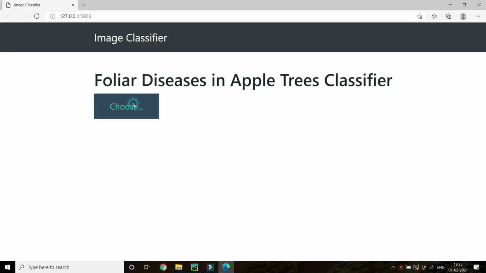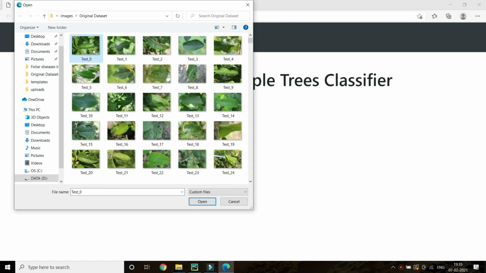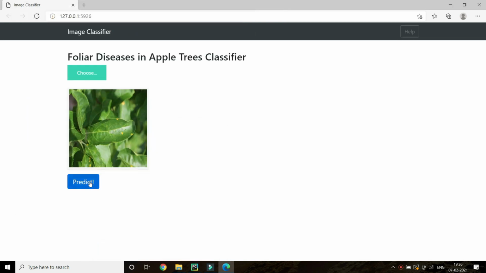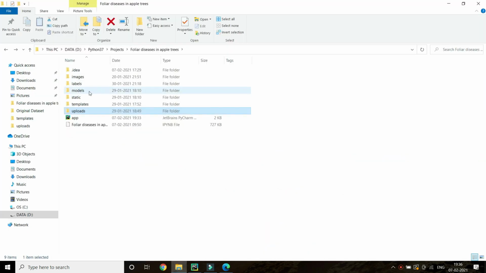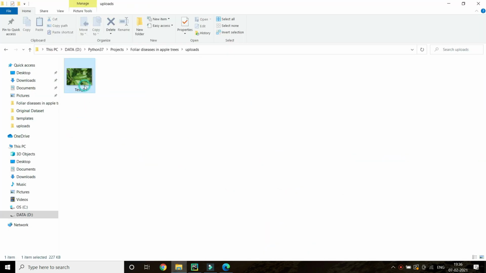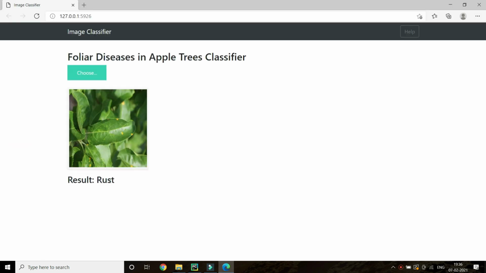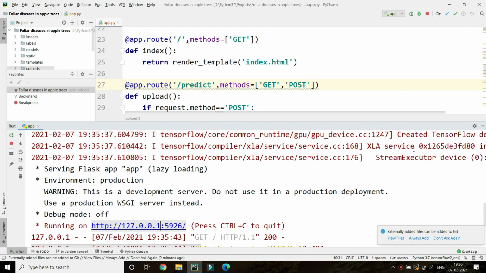So this is your front end, and let me choose any image, test 0, and if I go for predict, see in the uploads folder, this picture got stored. If any user tries to predict, that image will get stored here. See, the rust result: it is showing rust, like the model is saying.